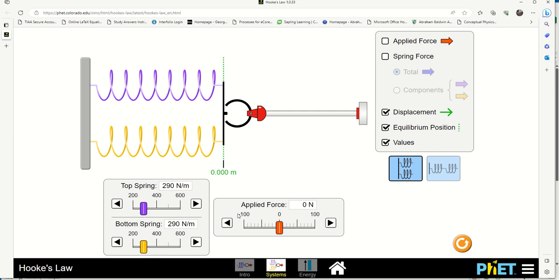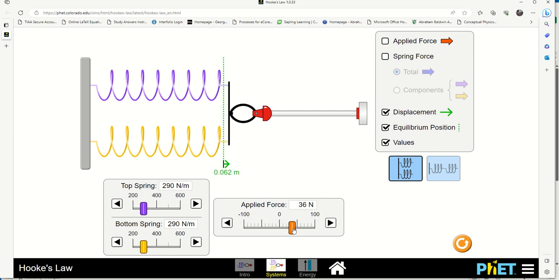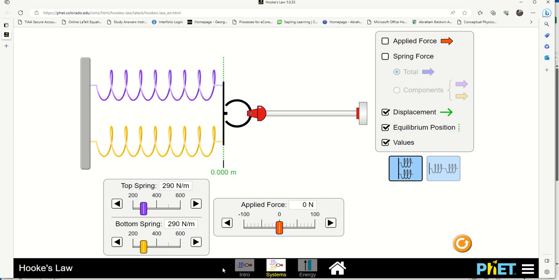And now what we're going to do, see this box here that says applied force? Well, using this box, you can adjust the applied force and see what it is. It's whatever this lever is, it's pulling on the spring. And notice as you increase the applied force, the springs stretch. Well, what you want to do